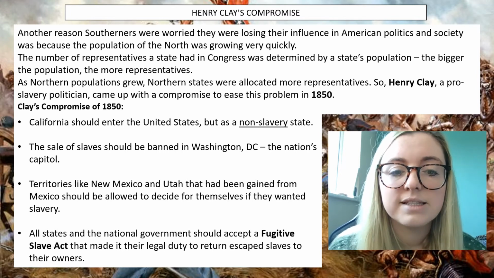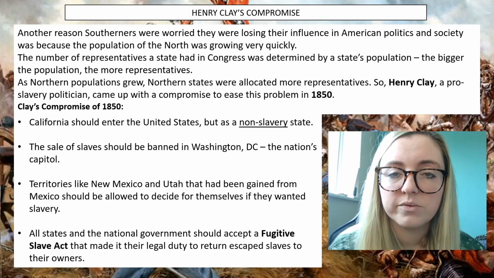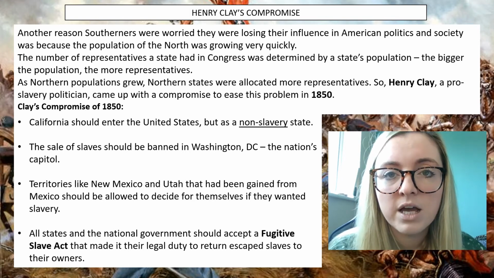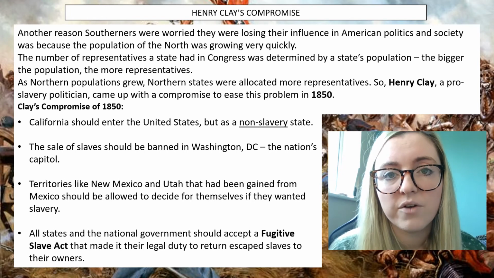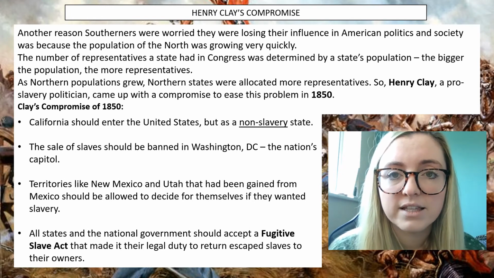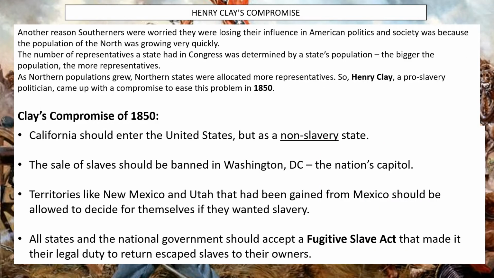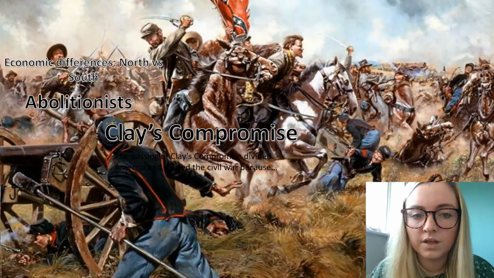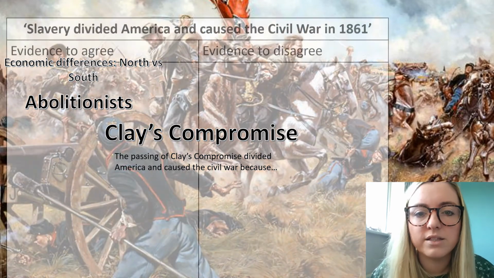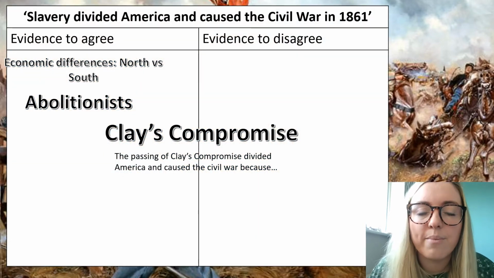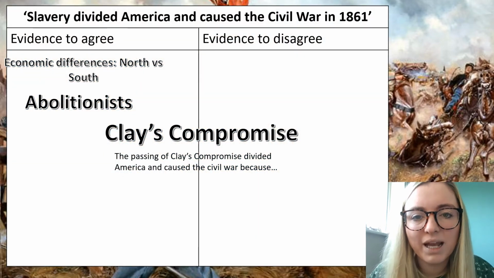Finally, all the states and national government had to accept something known as the Fugitive Slave Act, which meant that if any slaves were found in the North, they had to be returned to the slave owners in the South. So have a think about which side of your grid Henry Clay's Compromise goes on, and take a moment to pause this video. So I've popped Clay's Compromise across the middle again,